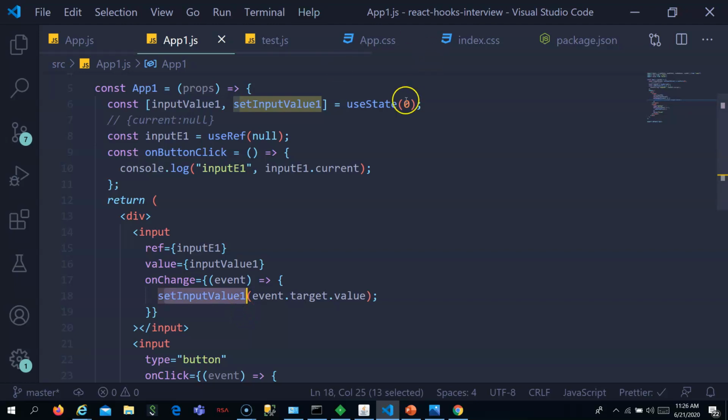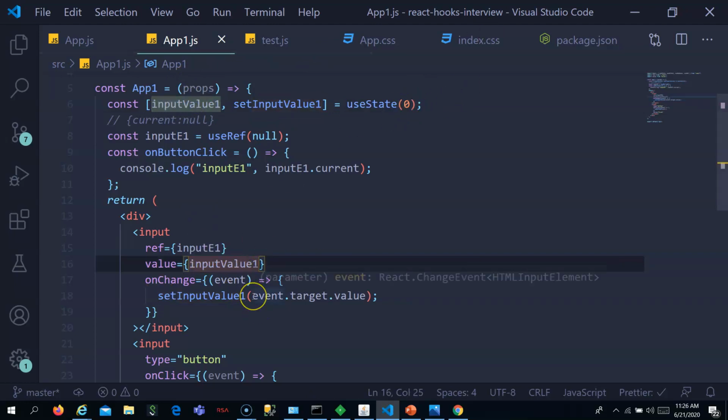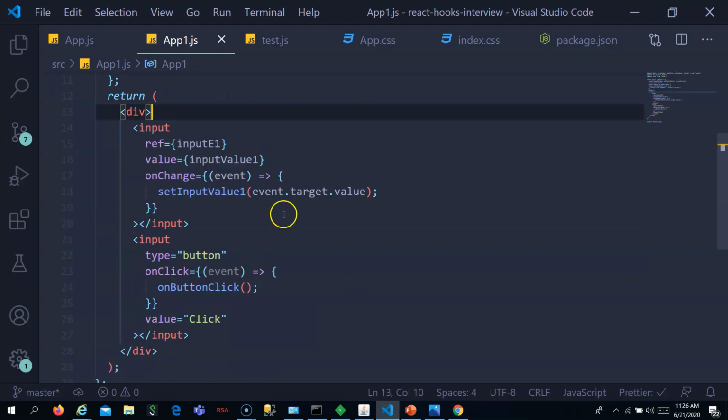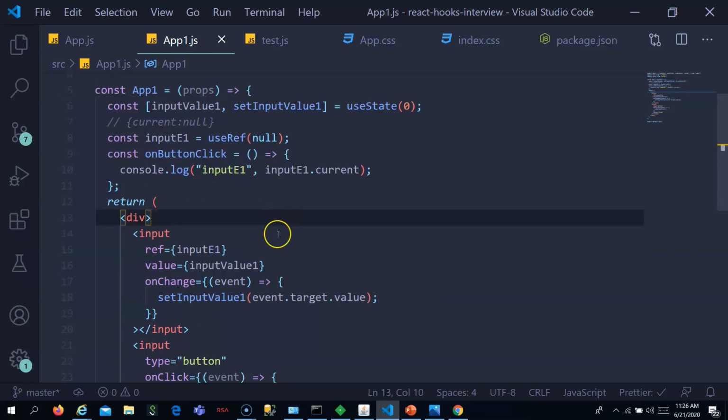Because I am using useState, initialized with the 0 value, whenever the user changes it, this onChange will get called and the state will change, so the functional component will re-render to show the new element.